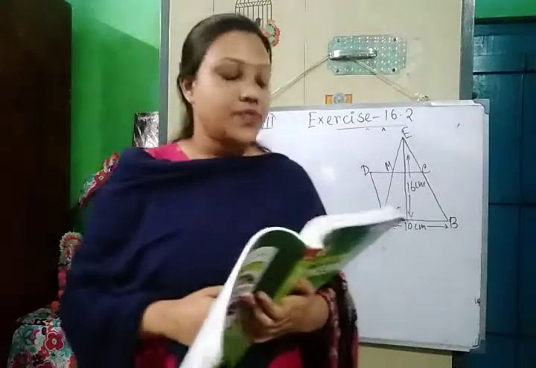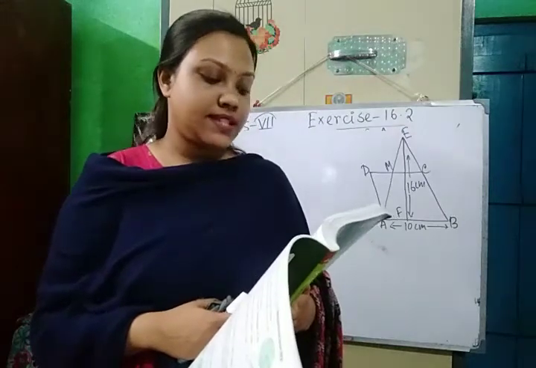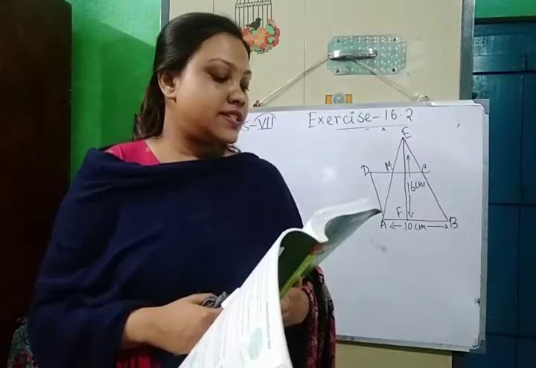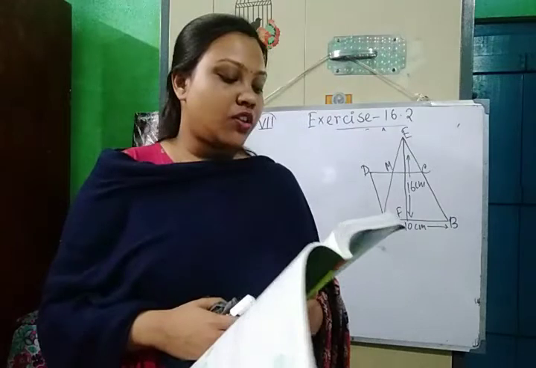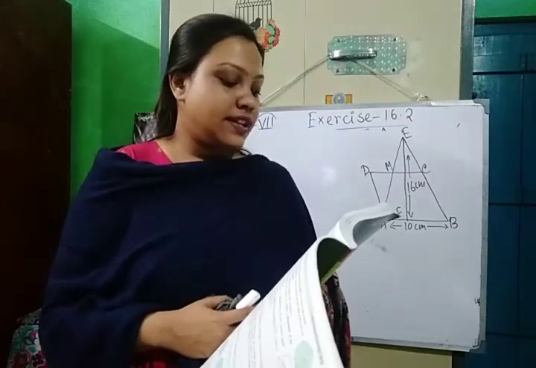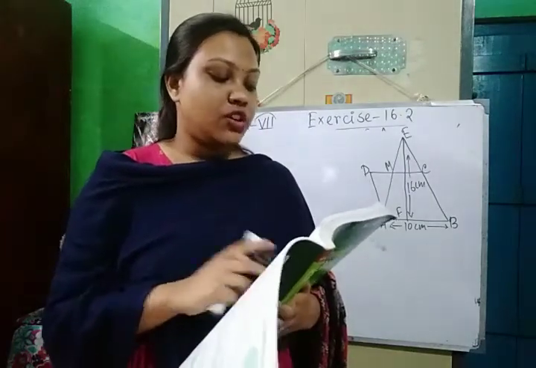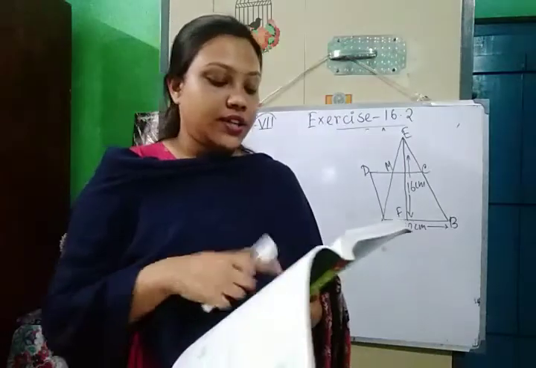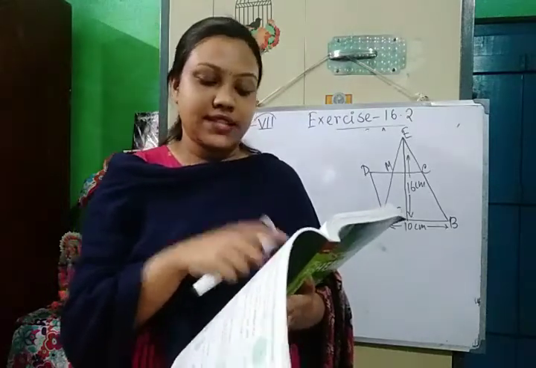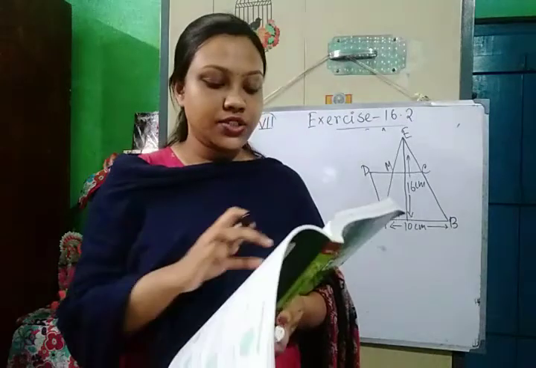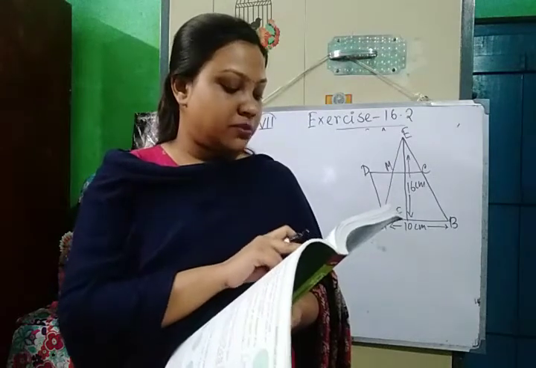Question number 9 is, in the adjoining figure, area of triangle ABE is equal to the area of parallelogram ABCD. If altitude EF is 16 cm long, find the length of the altitude of the parallelogram to the base AB of length 10 cm. What is the area of triangle AMD, where M is the midpoint of the side DC? So here altitude means the height. So you can see the area of the triangle AMD is equal to the area of the parallelogram ABCD. So we can assume that the altitude EF, we have to find out the altitude of the parallelogram to the base AB.